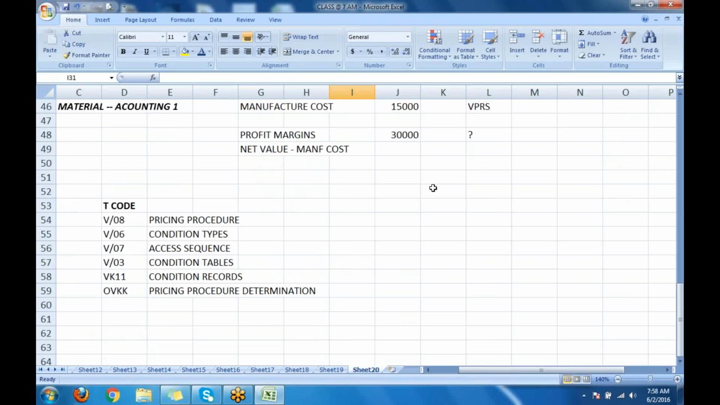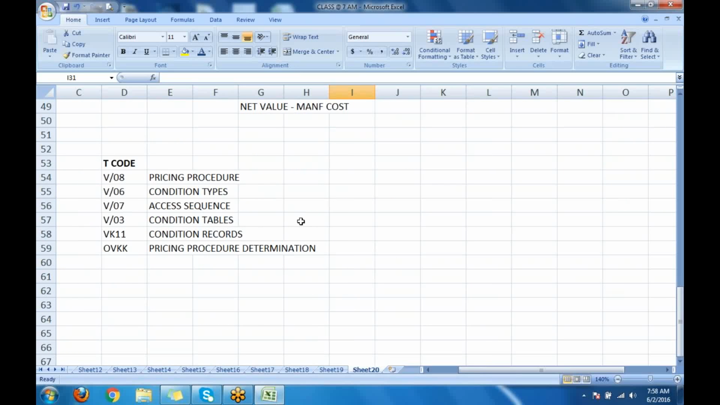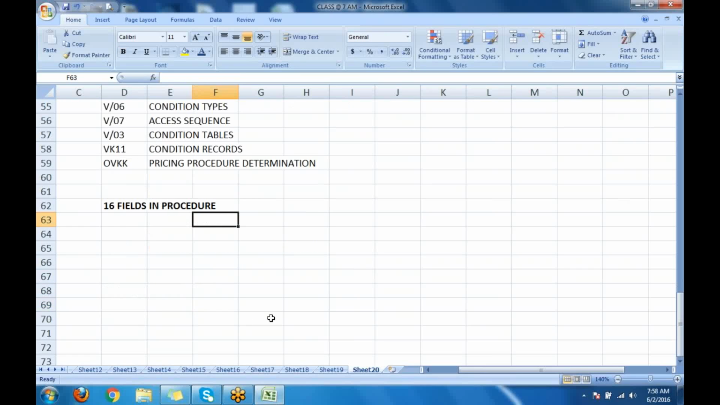So when you're trying to work with this pricing procedure over here, there are going to be 16 fields. So in interviews, it's mandatory. They will be asking you on the pricing, what are going to be the 16 fields in procedure. So what are going to be the 16 fields? Step, counter, condition type, description,